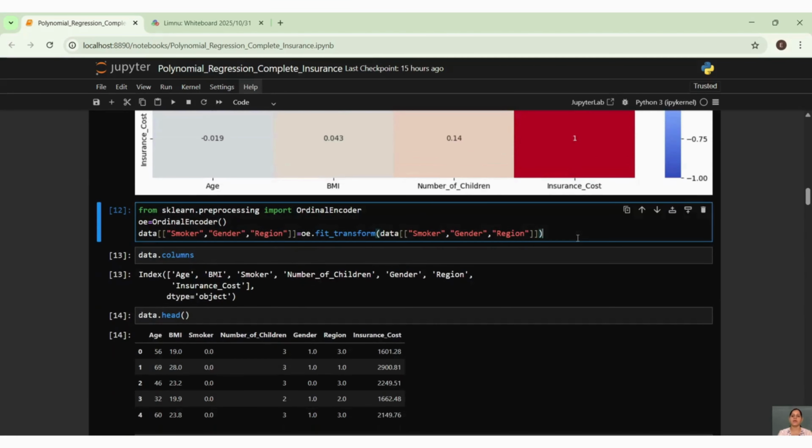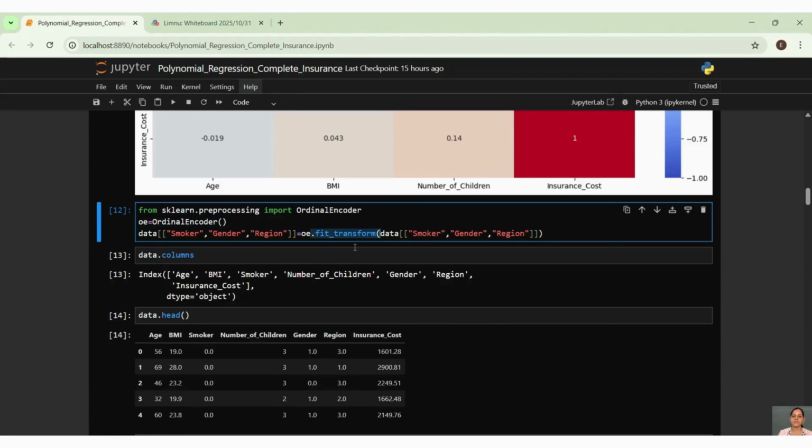Now we understood the trend, and we will go ahead and convert our columns using an encoding method. To perform encoding, we can import OrdinalEncoder from sklearn.preprocessing. This again comes inside the preprocessing module. We have to get an object of it, and we fit and transform at the same time.